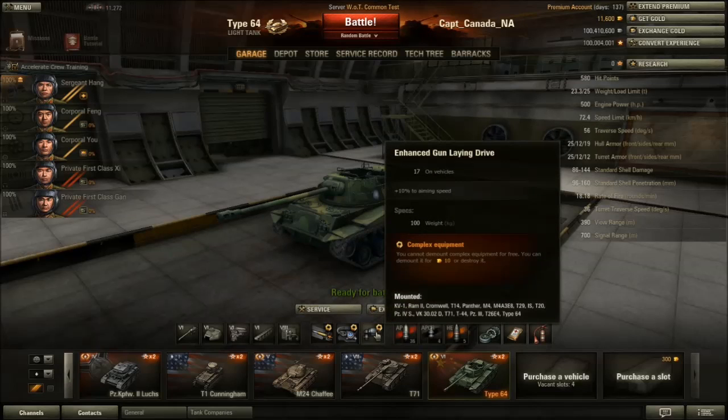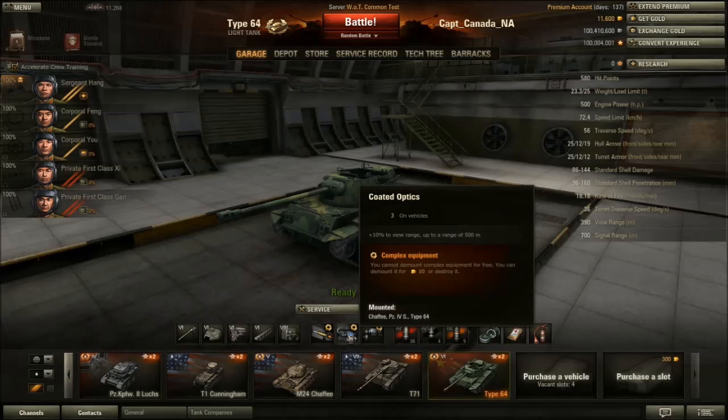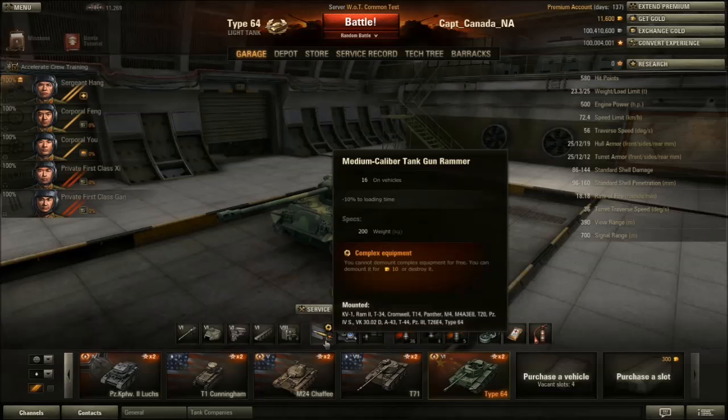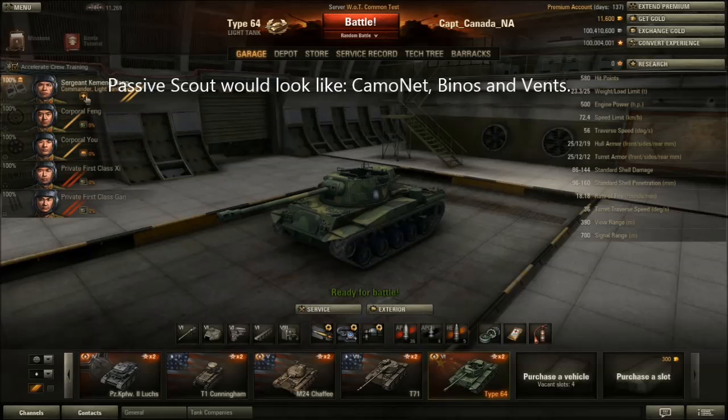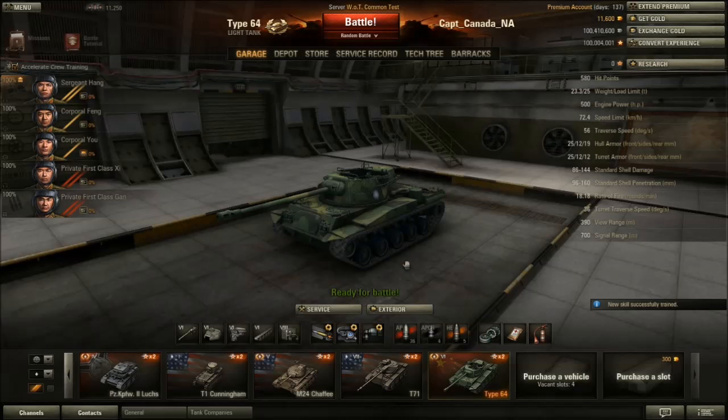Modules I dumped on this: I took a gun rammer drive, so I load a little bit quicker. I took coated optics, so I can get a little bit better view range. And I took rammer for loading times. And look at this, I forgot to put on my last skill on my dude here. And since I won't be anywhere near 100, I'll just put on camo on everyone, except for off-road driving on